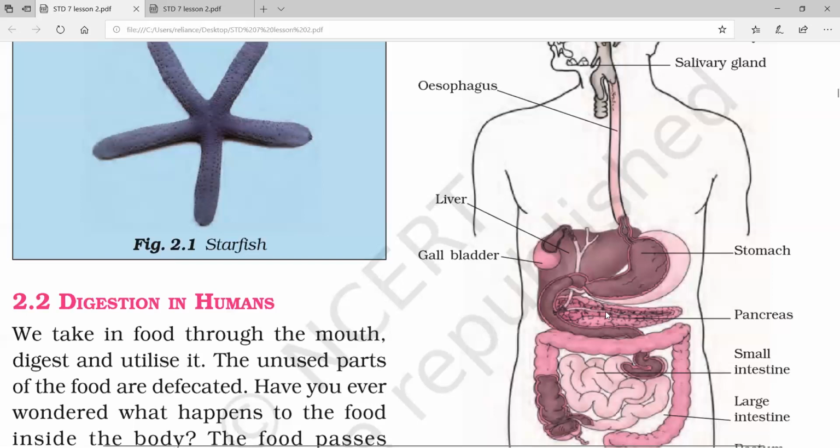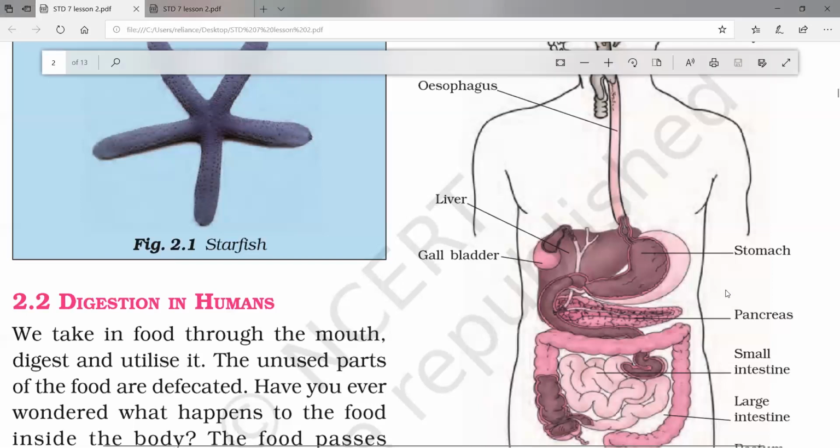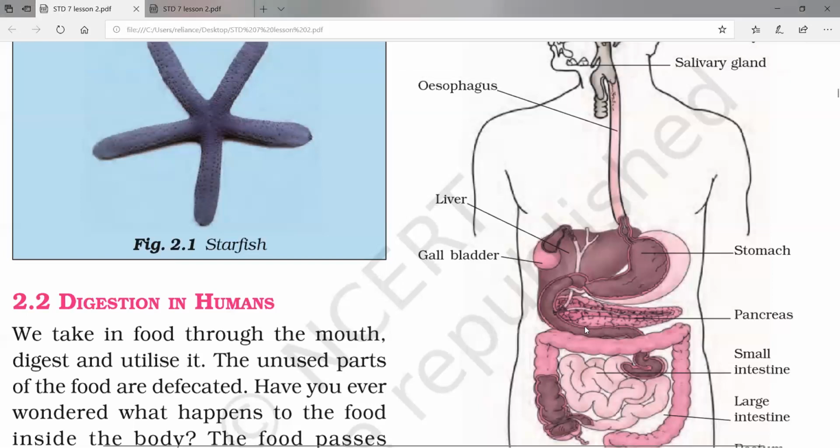The other gland, which is the largest one after the liver, is the pancreas. You will see here a finger-like projection coming outside below the stomach. So it is also the largest creamish color gland in the body. It secretes pancreatic juices. Its function is to break down carbohydrate, fat and proteins in the food.